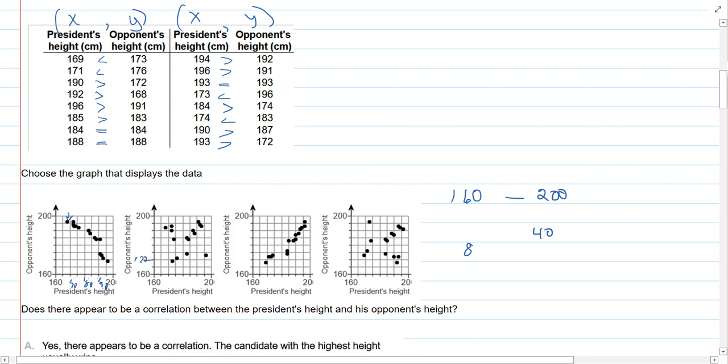about 170, 180, 190. Okay, so this one is not that measurement of 173, as we can see. So this one is not either. This guy could be, but it's not. It's this guy. This guy has it, and we can see that the greater, now the 2 or less, and